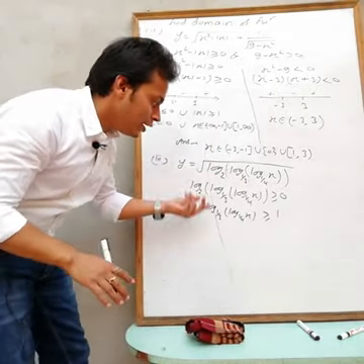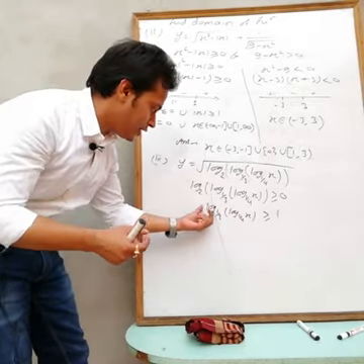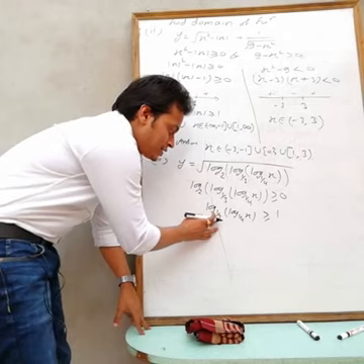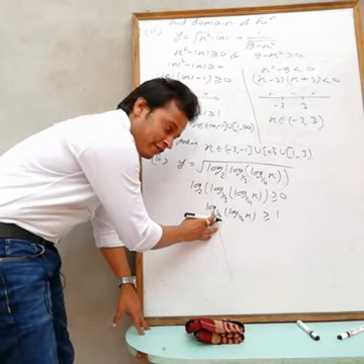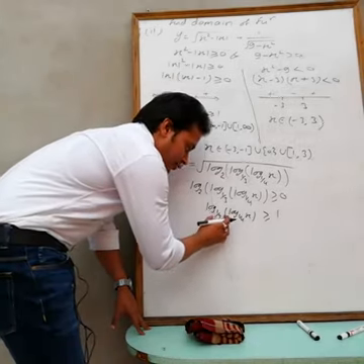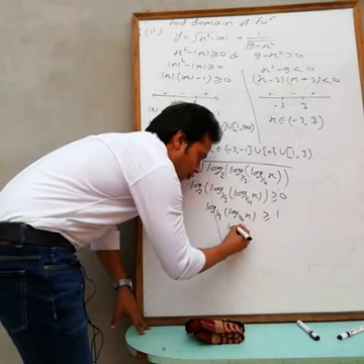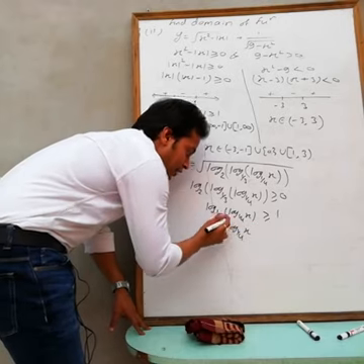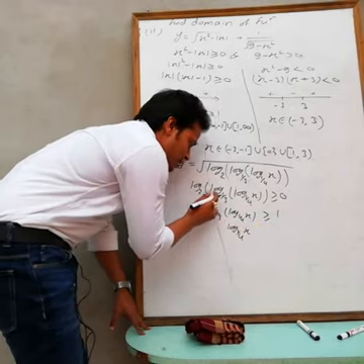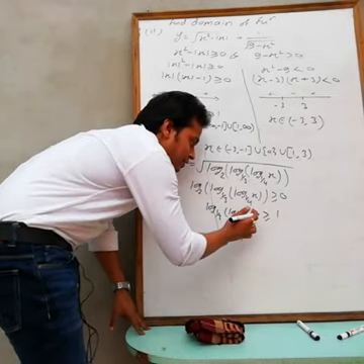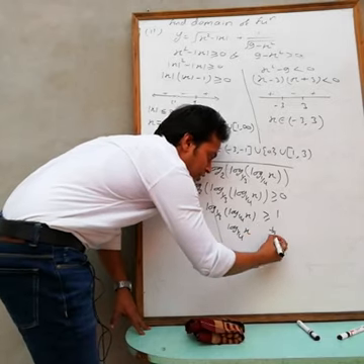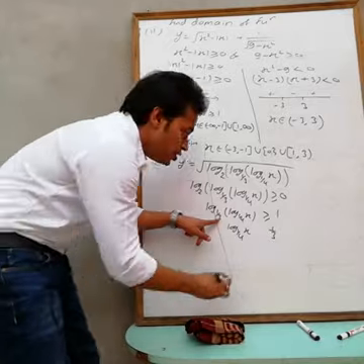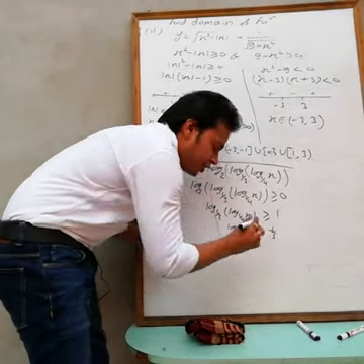Now again take anti-log because we want the value of x, so I have to remove these logarithms also. At this time the base is less than 1, so taking anti-log, here remains log 1 by 4 x. Then here you will get 1 by 3 power 1, so 1 by 3. But the base is less than 1, so change the sign of inequality.